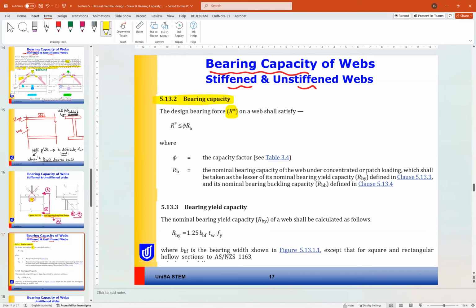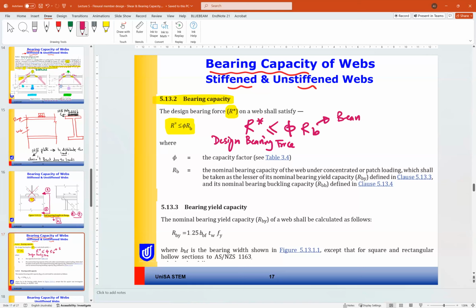the bearing force R asterisk should be less than phi RB. So again, the design force should be less than or equal to phi times the capacity. So this is the design bearing force, and this is the bearing capacity, and phi equals, again, 0.9 for all steel members. So this is our formula for bearing capacity,